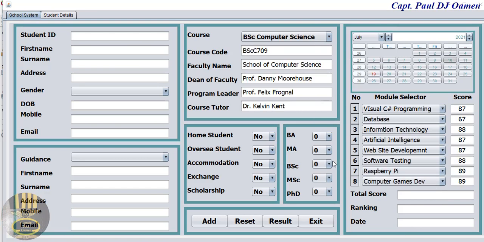Okay guys, let's just speed this up, and I'm gonna add some value here for the student. No, let's say it's a BSc student, and let's add the names and details. And that's going to be Cammy Wills,